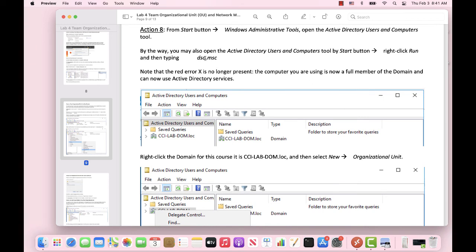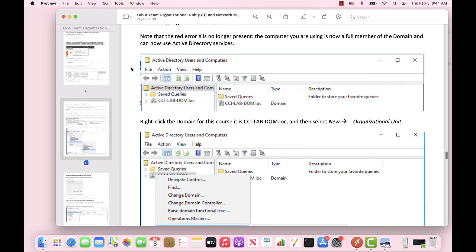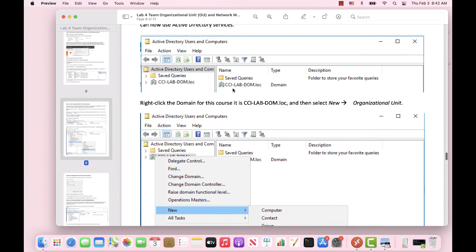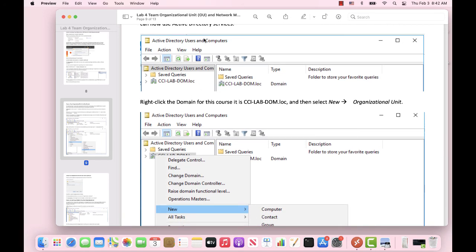In case you prefer to type the tool that you want to use and not go clicking your way to there, you can simply right-click the Start menu, click on Run and type dsa.msc. It will open the same tool here, Active Directory users and computers. Okay? In Active Directory users and computers, you're also going to see your domain, the domain that you are now part of,